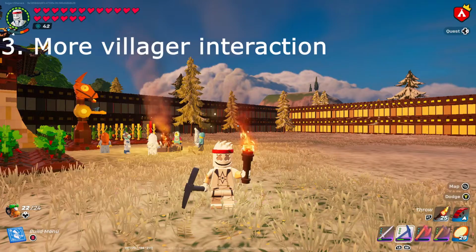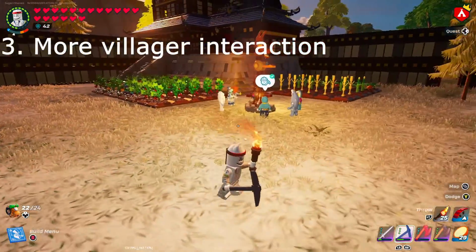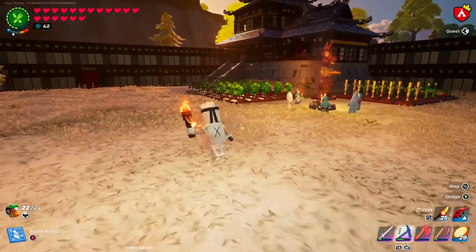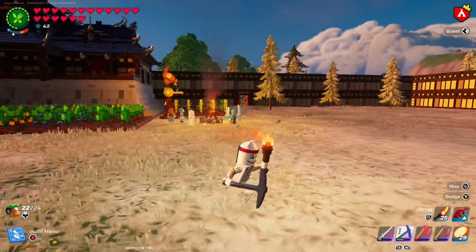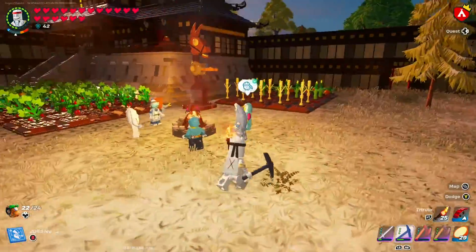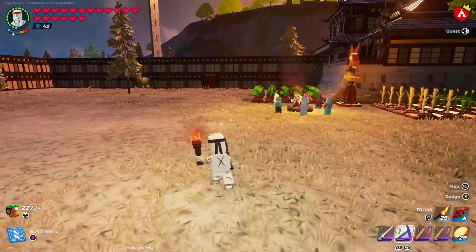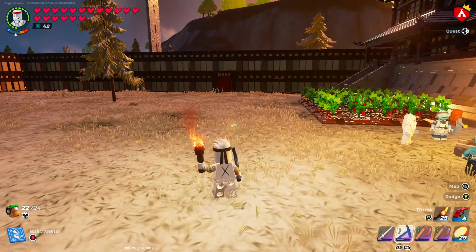The third thing I would love to see added to LEGO Fortnite is some sort of villager quests or villager missions, because currently in the game, there's not much interaction to be had with the villagers that you have assigned to your villages. And the only thing you can really do, once you have them live at your village, is assign them to a job,